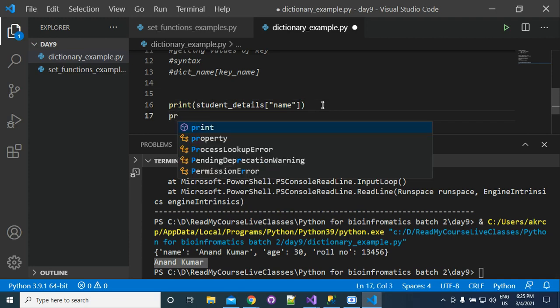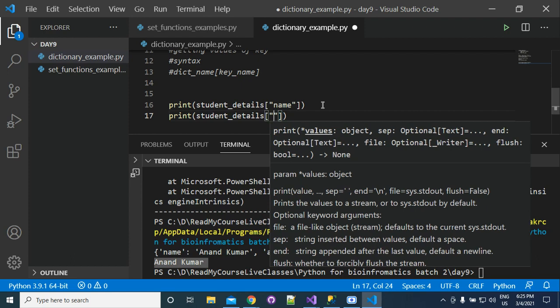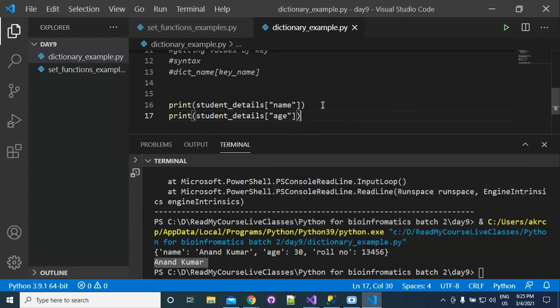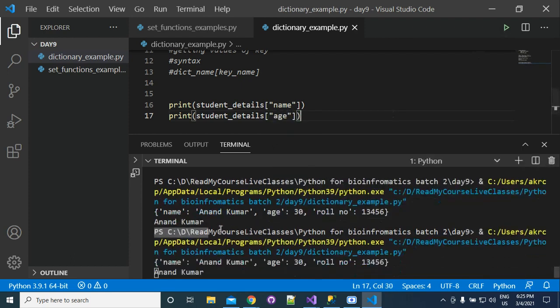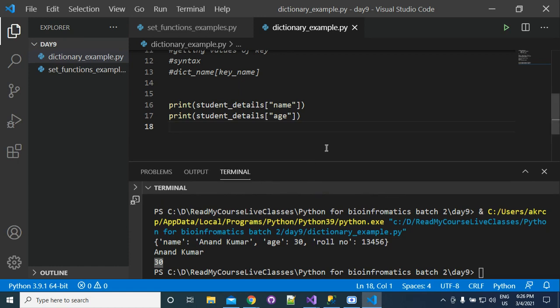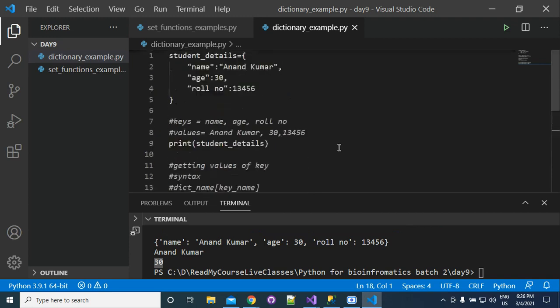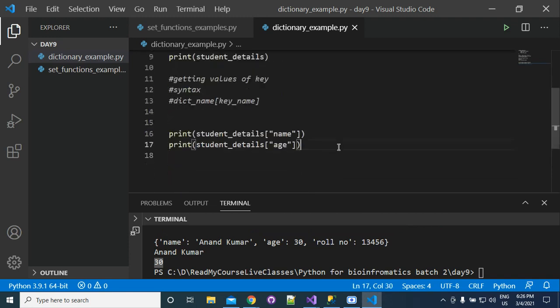Similarly, you can print student details and then the age. It will give you 30. By this way you can read the dictionary. Is this clear, everyone? Yes, sir. Okay.